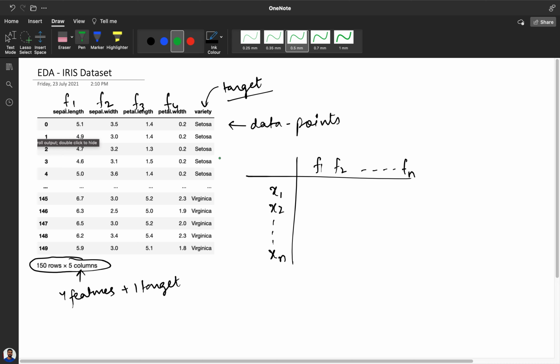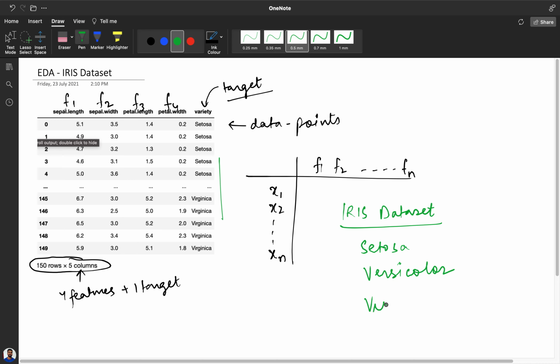Now let's talk about the variety. Our iris dataset has 3 varieties. The first one is setosa, the second one is versicolor, and the third one is virginica.